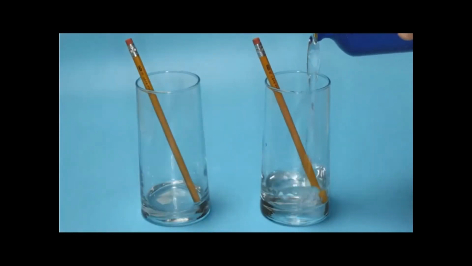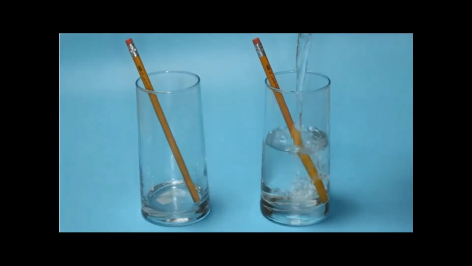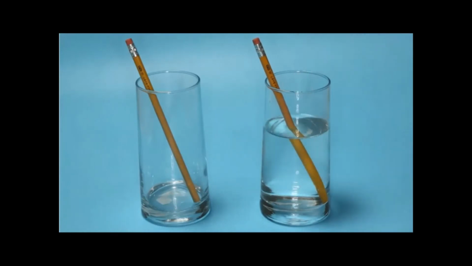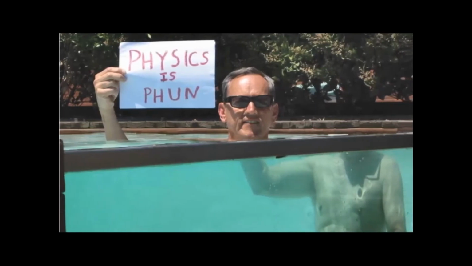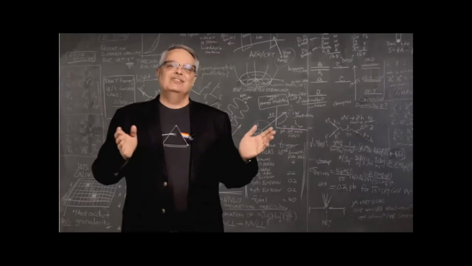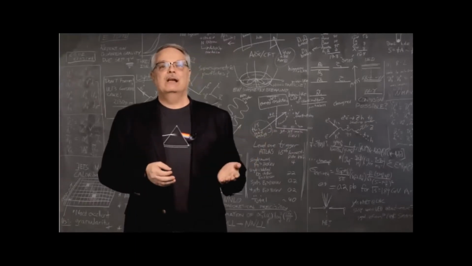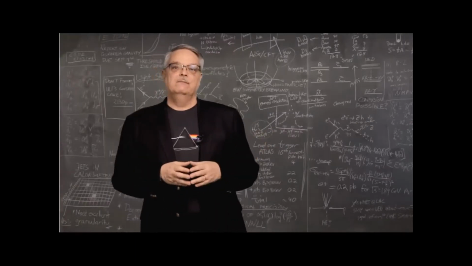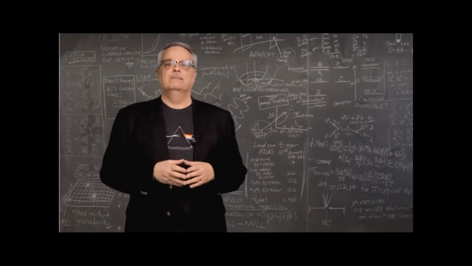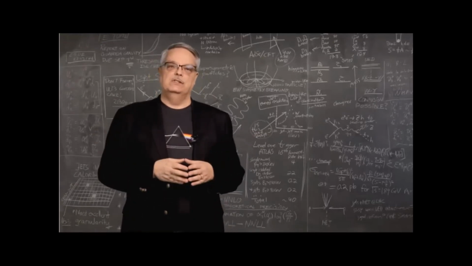This slowing down is the reason that objects look bent in surface water. It's because the path that the light follows bends when it enters or exits water. It's the reason that you can get pictures like this one here. And I should let you know that no physics teachers were harmed in shooting that photo. There's a ton of interesting phenomena I could show you that arises because of the index of refraction and the slowing of light, but I want to focus entirely on the slowing thing. So, to do that, let's look at this animation.